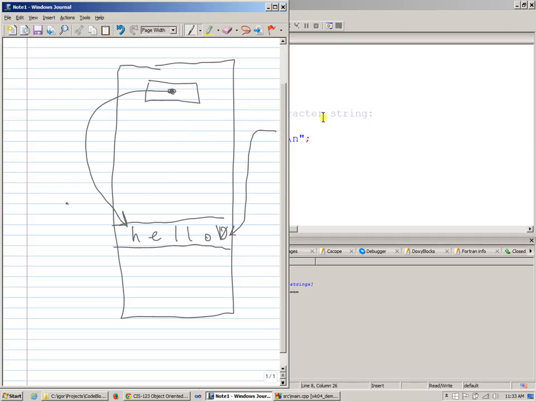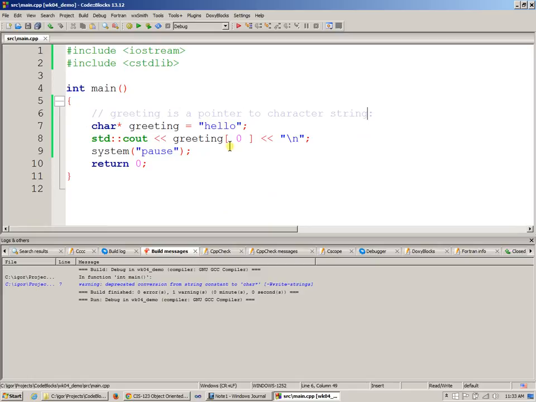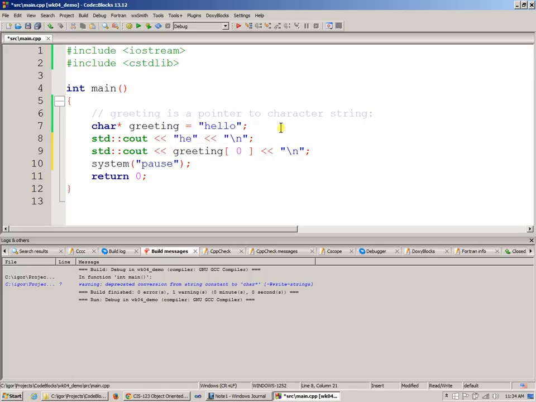and it sure enough goes ahead and retrieves the character. At the same time, if I wanted to display the entire sequence of characters, all I need to do, remember, the first thing that I did when we were just getting started, I did this, display this. The explanation for this was that the address of the first character H was given to cout to work with, and cout is designed not to stop at the first character, but keep going. So this was our first demonstration. Therefore, if I simply remove this and say, you know what, greeting is a pointer to character, and it has the address of the character,